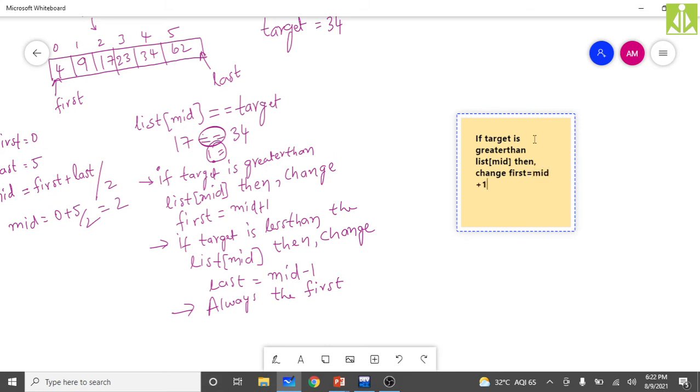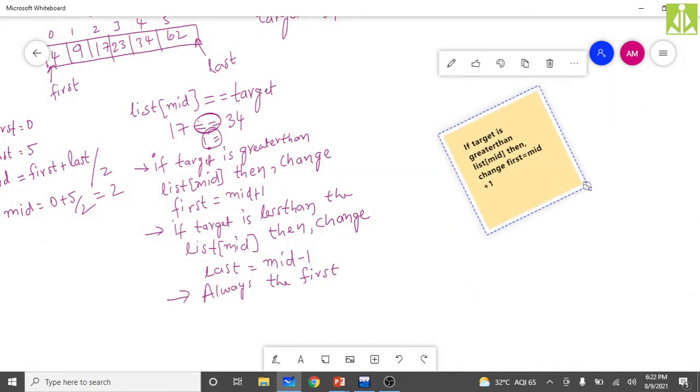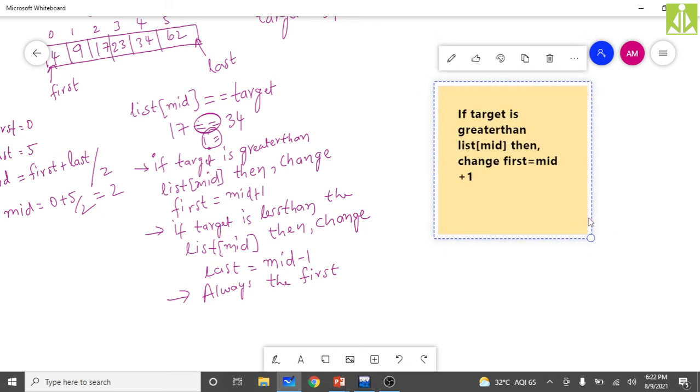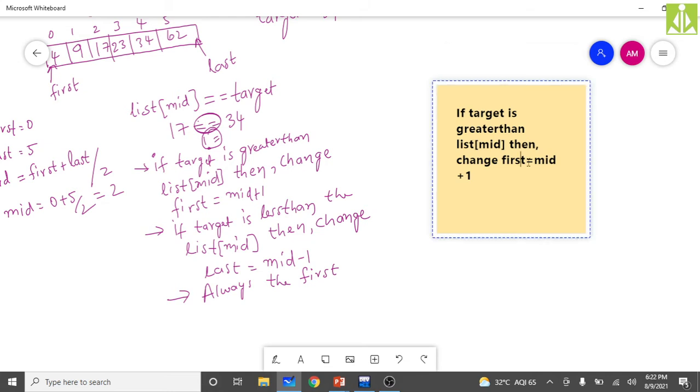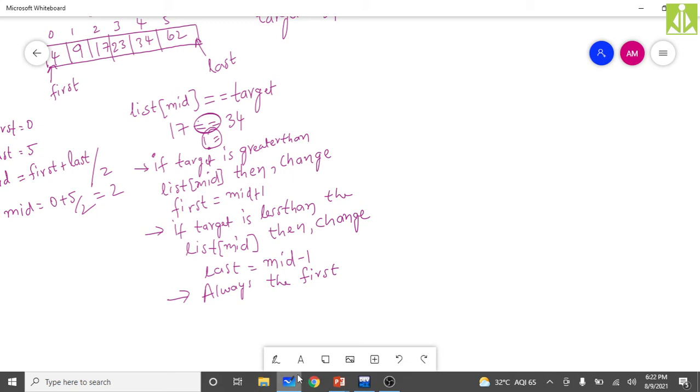In this way we need to change the first value if the target is greater than the list of mid. Okay, the second condition, sorry, it is giving me issues actually. Okay, it is deleted. So we will enter it simply because editing text is very easy over here.